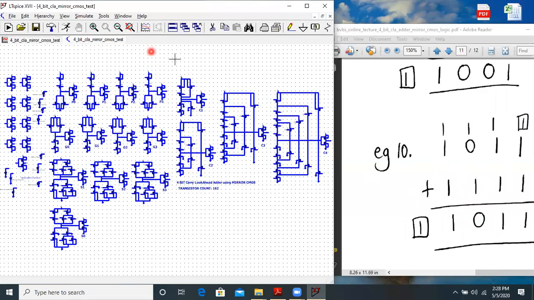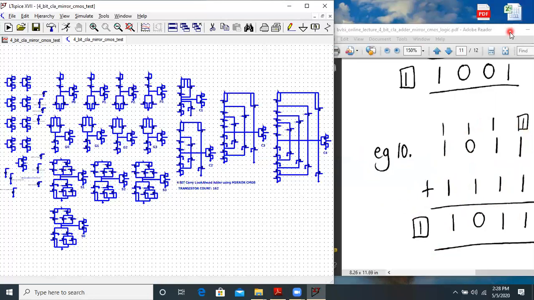So indeed the circuit which you can see on your screen, these huge 162 transistors, are working together to successfully give us the addition of two 4-bit binary numbers, and the carries which are generated and the sums which are generated are perfectly fine.